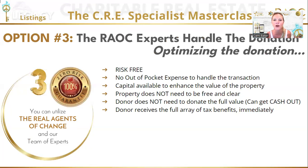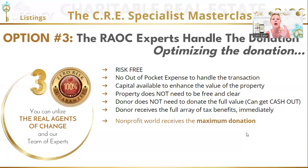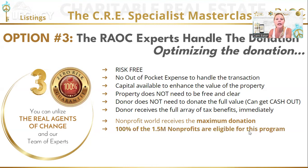This is not what you've heard of before. This is not how you've done it in the past. This is not that risky, time-consuming, horrible thing that you've heard of. This is different. So in this scenario, the nonprofit world receives the maximum donation, and any and all